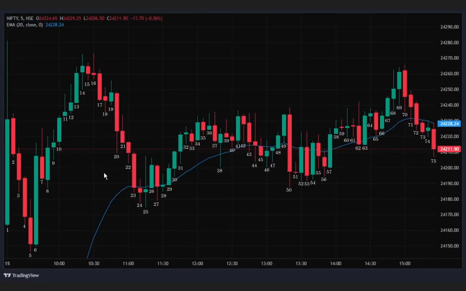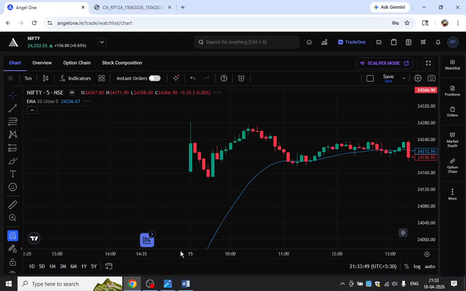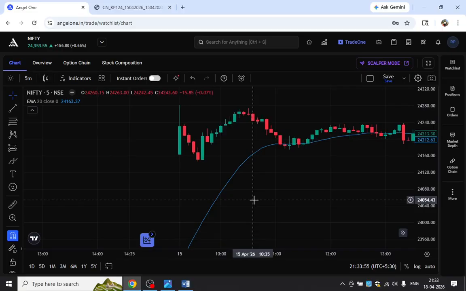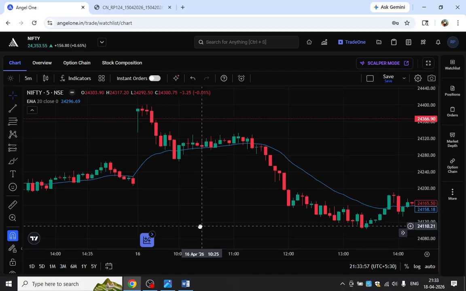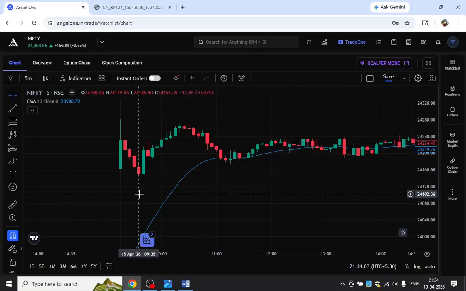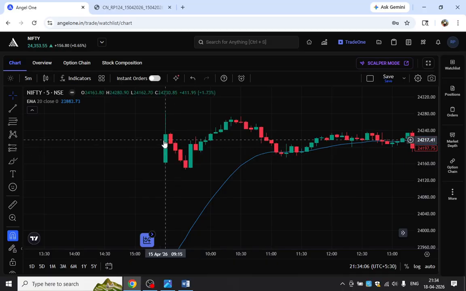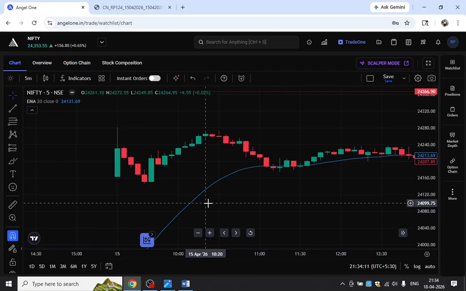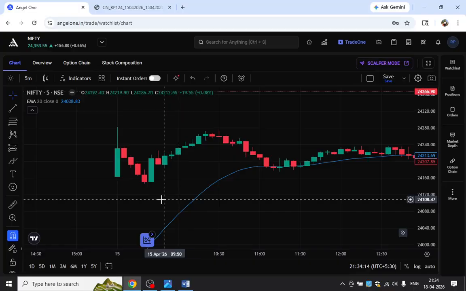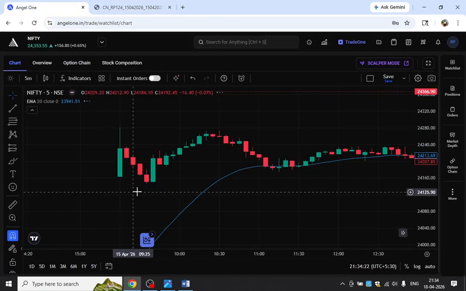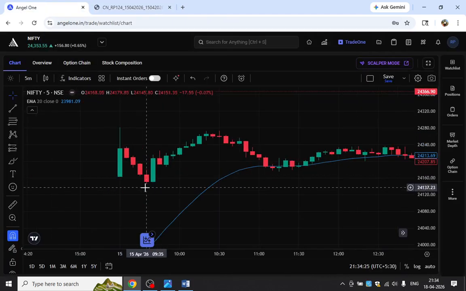Sometimes it happens that when the market opens, it tries to reverse, as it did on 16th April. So I thought this could be an opportunity, and I broke my first rule of not entering a trade, so I traded in a running market. Let's go to the place, around 9:30 or 9:35.